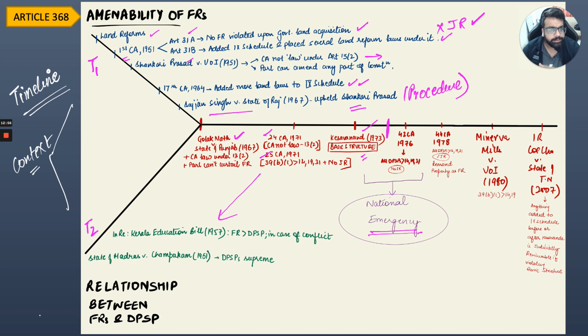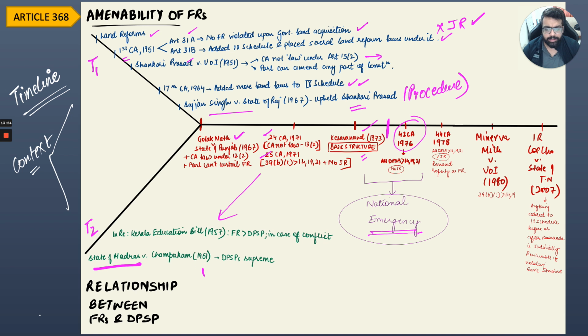Then, in the emergency era, the government enacted the 42nd Constitutional Amendment of 1976, which of course has far-reaching implications, wherein they looked at the DPSP route. And I'm going to come to that when I give you a brief of how the relationship between rights and DPSPs worked. So the story here starts with Champakam and Madras's case. This is also India's first ever reservation case, where communal orders were challenged.